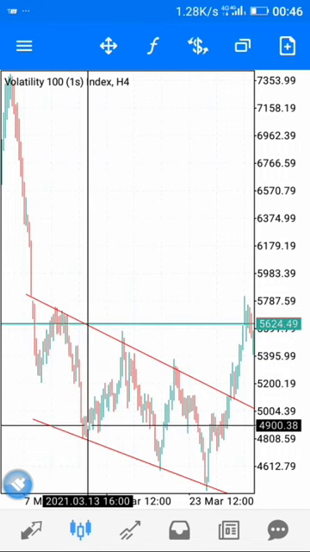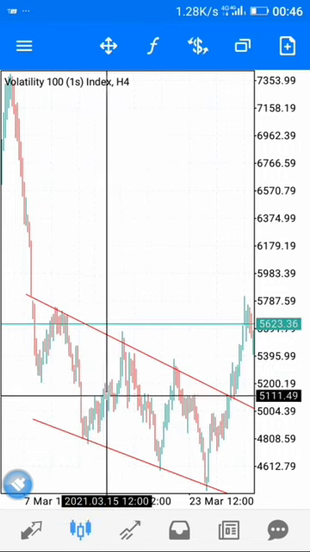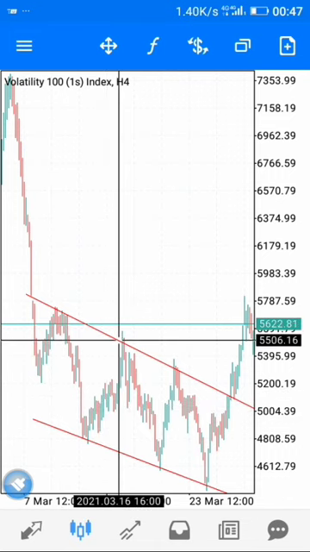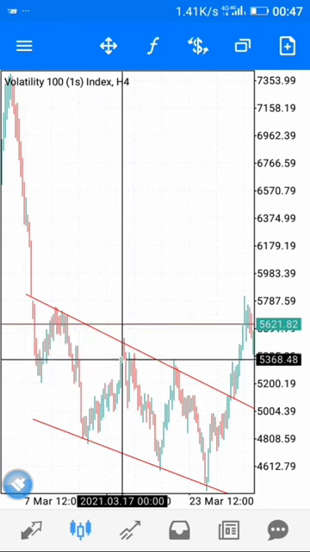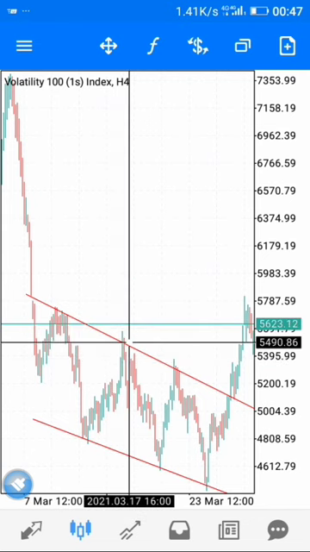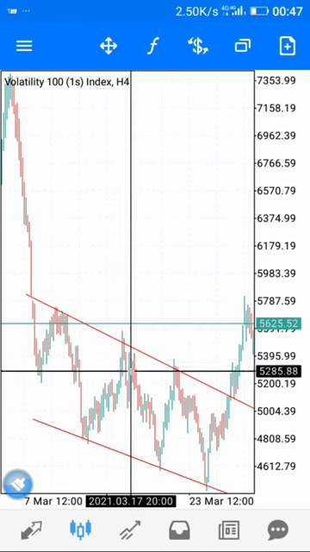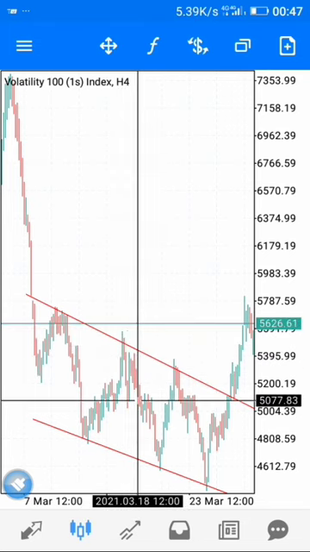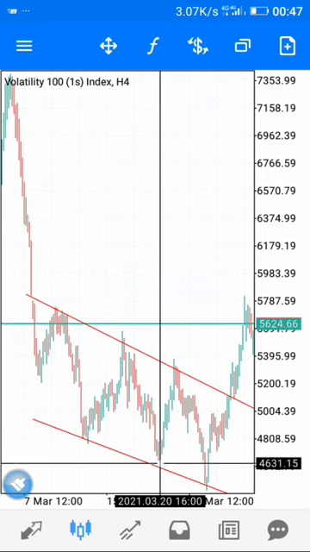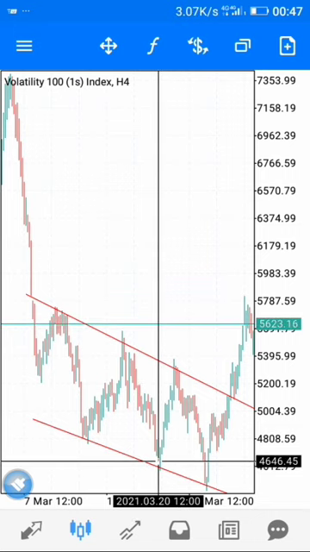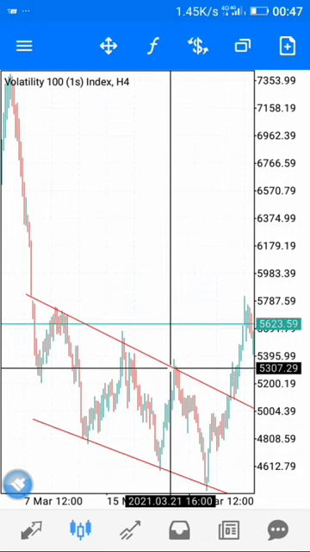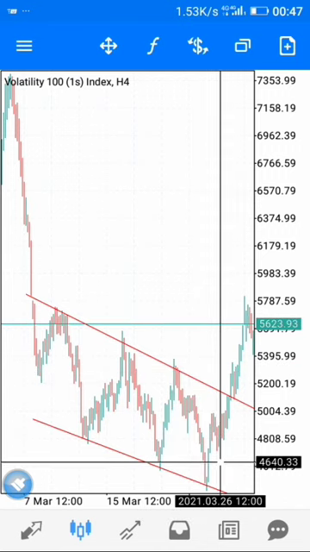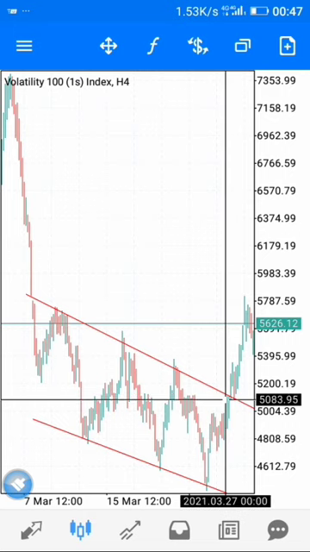So from here moving up, a trader should be looking for a buy opportunity. And when it made a touch on the upper trend line and bounces, moving downwards, a trader should be looking for a sell opportunity. Now it was respected here as well. It made a touch here, bounced off, moved upwards again, made a touch here, bounced off, moving downwards. Okay, you can see that it was highly respected until it was broken here.